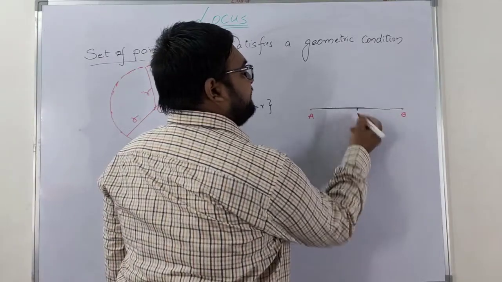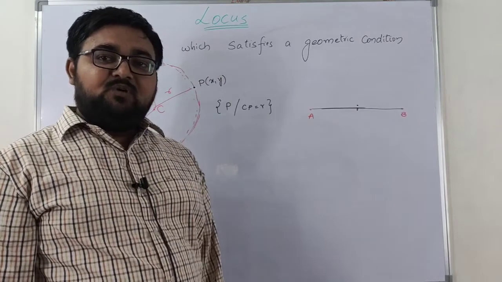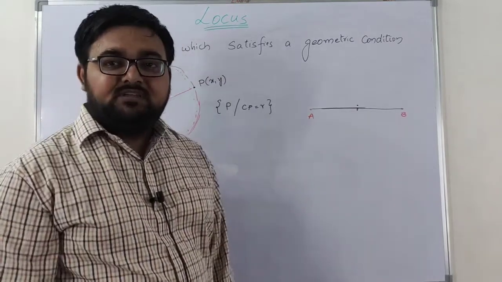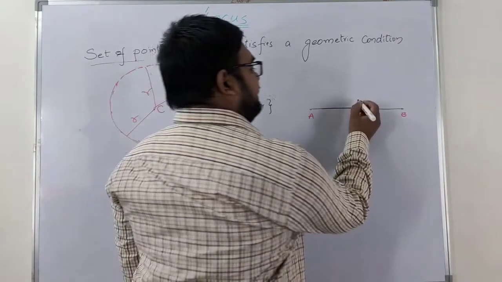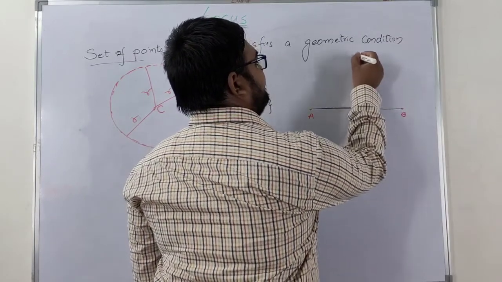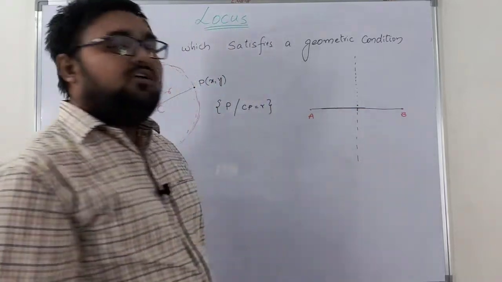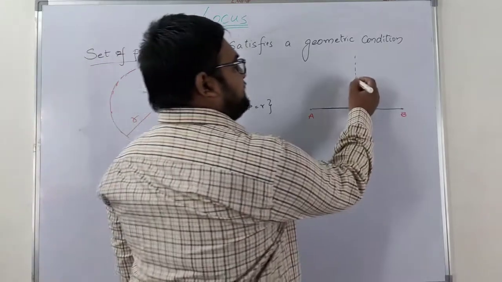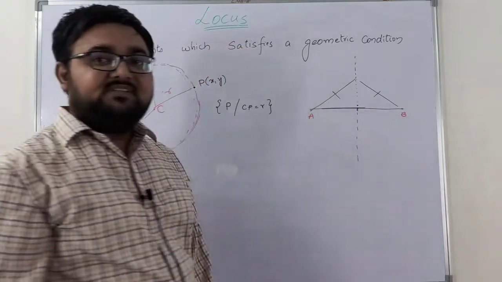Now I am considering a midpoint, so above that point I can consider one more point, so that particular point will be equidistant from both the points. So by means of RHS congruency we can prove that. The same way, if I consider some more points, one above the other, and on the bottom side also, all these points will be equidistant from both the points. Whatever the distance it is, the same distance will be this.